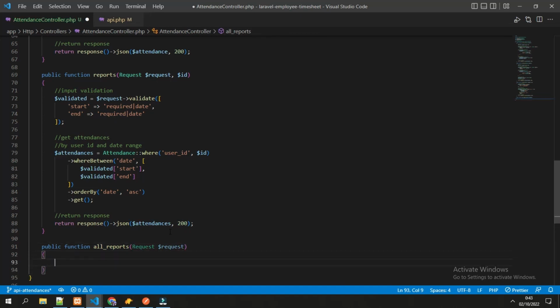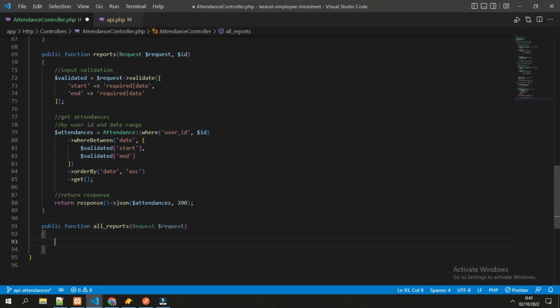The difference between reports and all reports is in all reports we get all the users with all the attendance for each user. So it's not specific to one user but for all users.